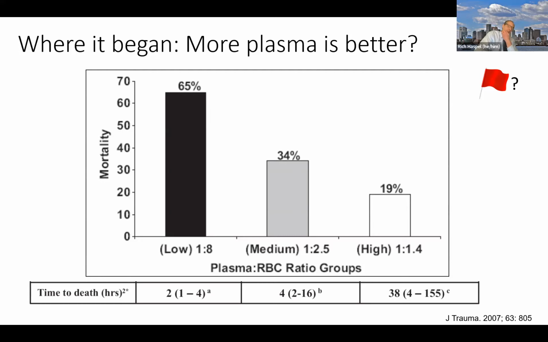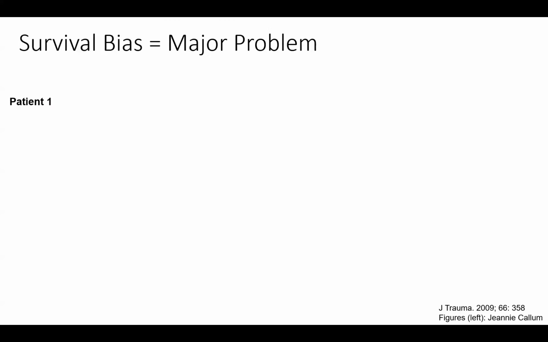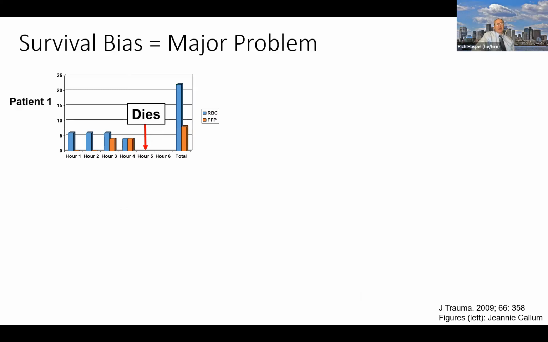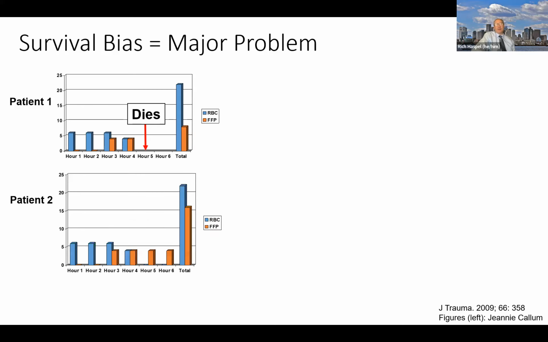Does anyone know what the major issue is with these studies, these observational studies looking at people who received more plasma and did better? Yeah, people are very familiar with this. So there's a lot of answers coming in here quick. There's more time to get plasma if you're alive: survival bias, futility bias. Right. So survival bias. And this is from Dr. Callum. So you have someone who's incredibly sick, and of course, you're going to pop red cells into them first. So they die before you can give them plasma. The person who isn't as sick lives longer and lives long enough to get plasma.